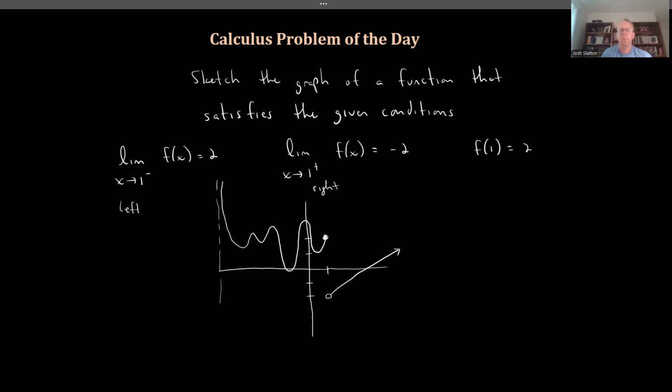So make sure you always remember that. This has nothing to do with the limit. So the value of the function at the point has nothing to do with the limit. We could have f of 1 be down here. We could have f of 1 be up here. Doesn't matter. So in this case, we could say that this is left continuous, but we'll talk about that at